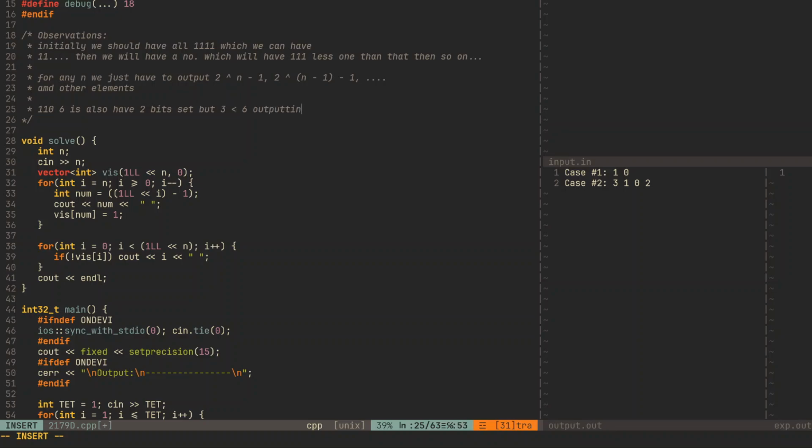Outputting 3 will give us a lesser value. Of course, so it is taking care of it. But for higher ones, just